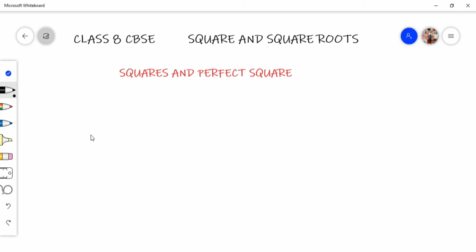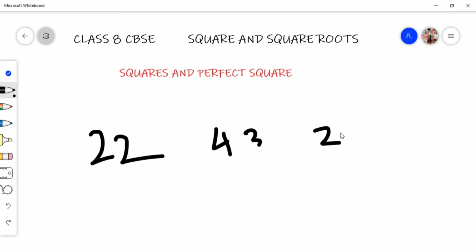And so, let's continue with the first property. The first property is that no perfect square will end with 2, 3, 7, or 8 at its units place. For example, 22, 43, 27 all cannot be perfect square numbers according to the square number property, because